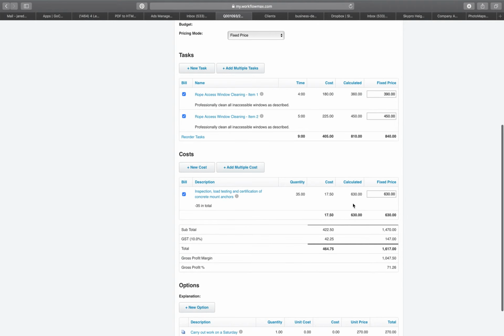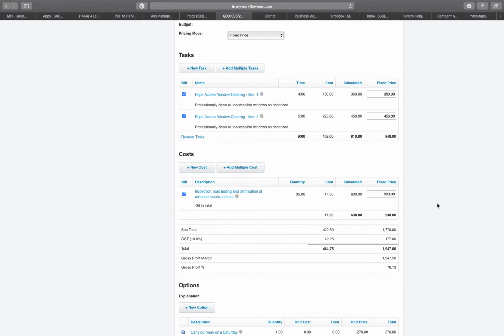Now we hit save. And we come back out here, so those 35 anchors at the cost price, that just represents the cost of the tags. So it's going to come out at $630. Now, of course, we need to allow the $300 charge to get that job sorted and get out there. So that's going to be